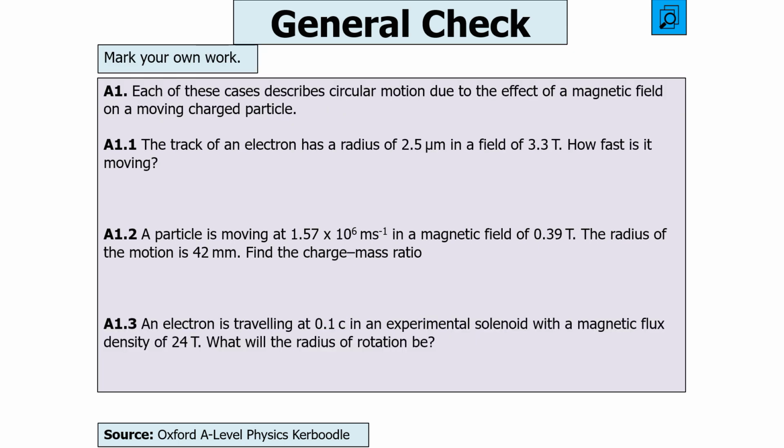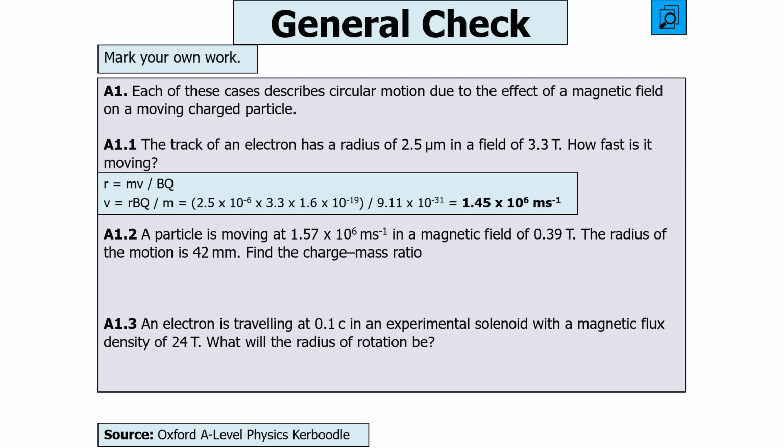Right, in terms of a moving charged particle, you've got to remember that R is equal to mv over bq. That equation is not given to you in your exam. It's the idea that the centripetal force, mv squared over R, is equal to the magnetic force, bqv, so you can work it through to work out R. So you can pop in all the values,